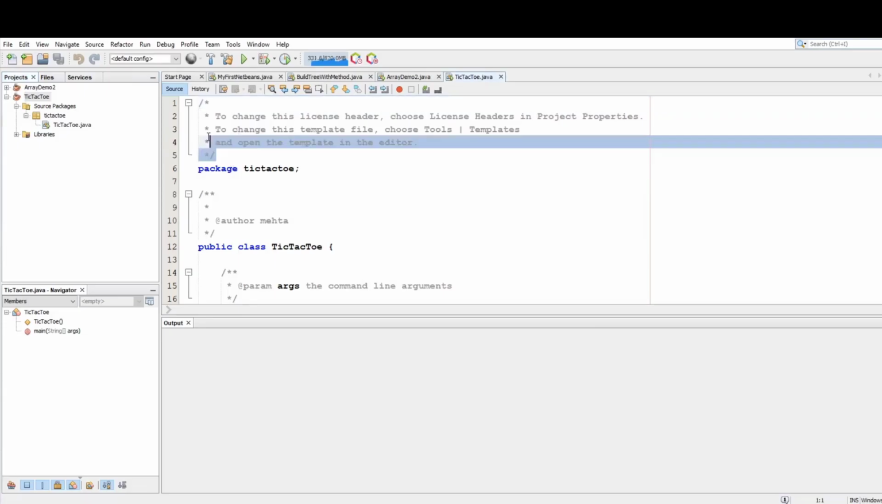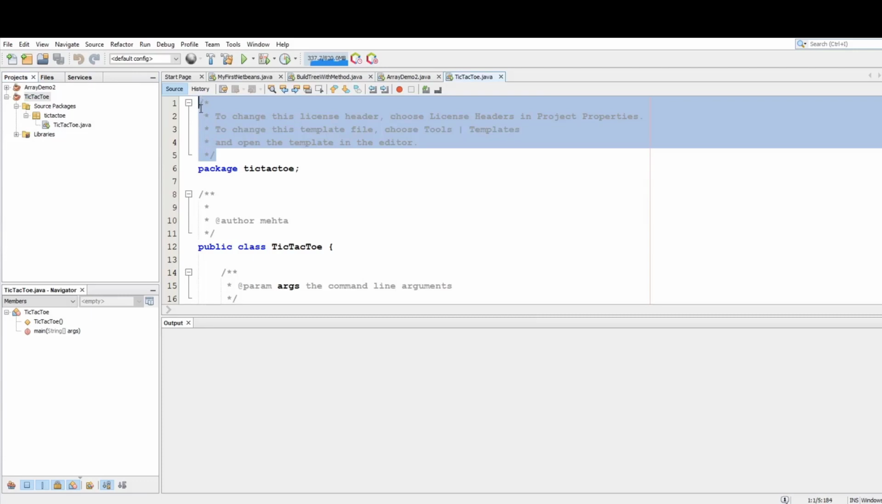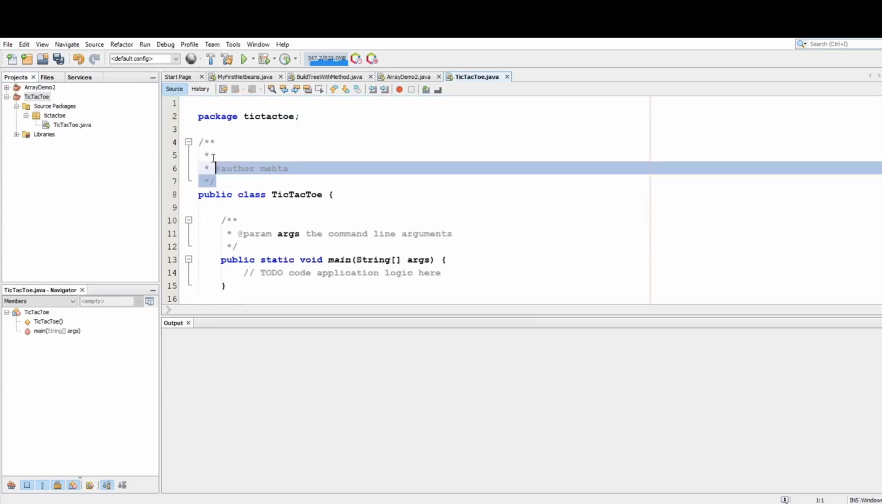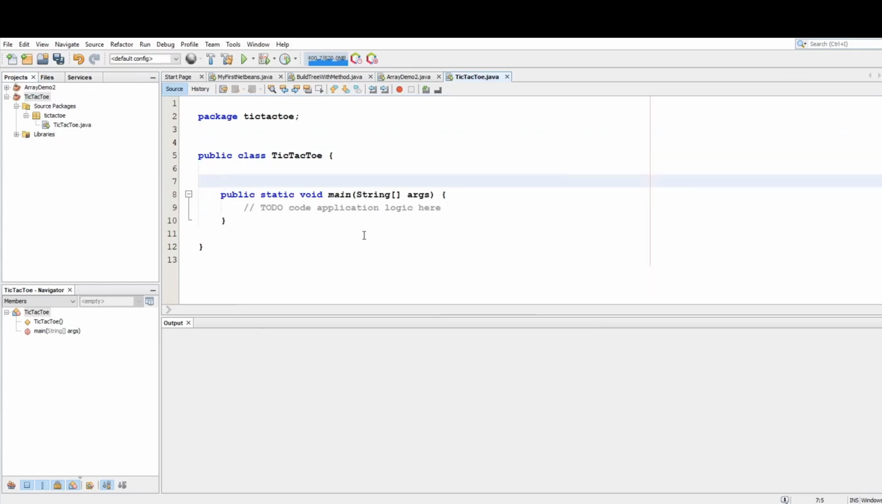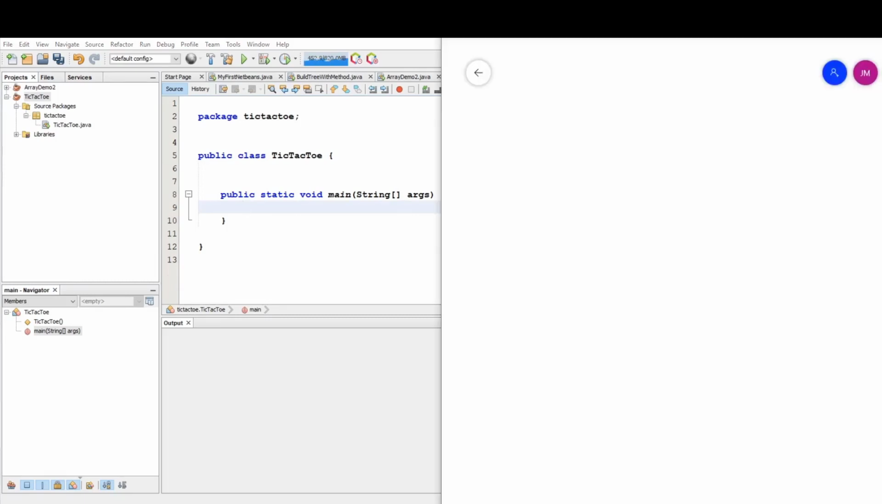You should always say what it is, but right now I'm going to get rid of that. Okay, and NetBeans nicely sets me up with main. We need a 17 by 17 board because we're going to make a board